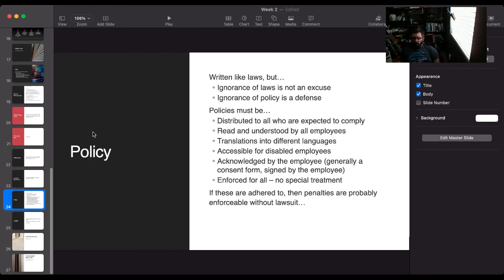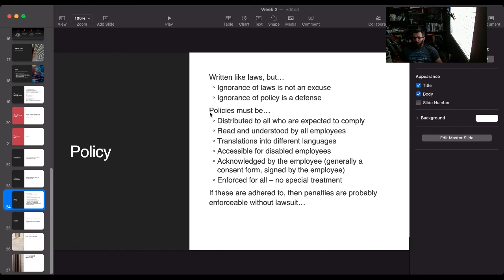Policies are written like laws, but when you write policies, your ignorance of laws is not an excuse. So you can't be ignorant of laws. You should get legal advice from an attorney. Speaking of which, I can't give you any advice about how to interpret the laws in this class. If you have some hypothetical for your employer or something, you need to talk to a lawyer about it. Pure and simple. Okay? Ignorance of policy can be a defense,